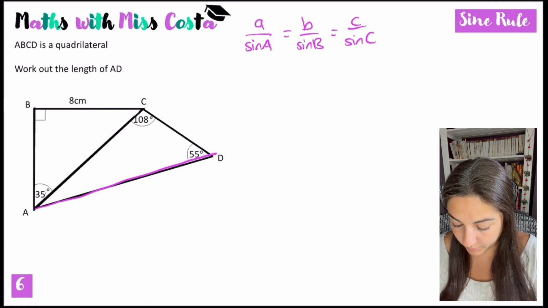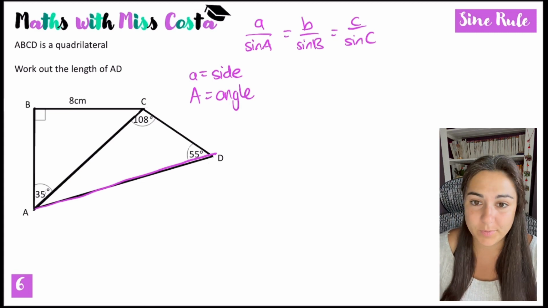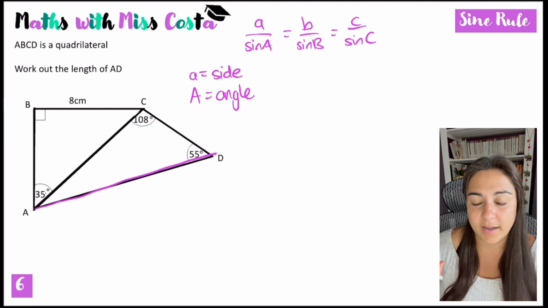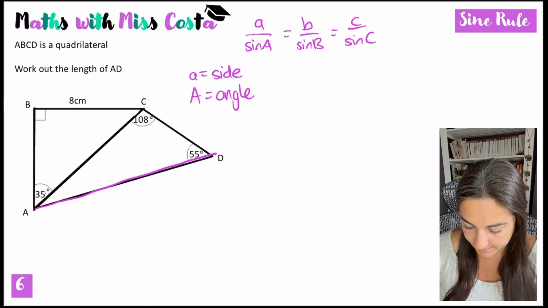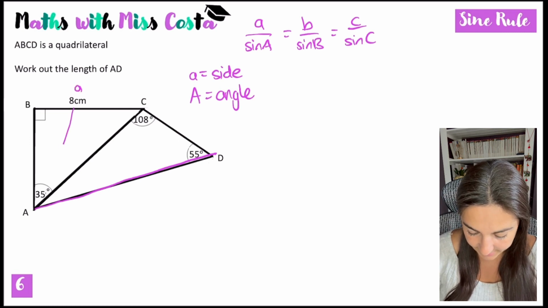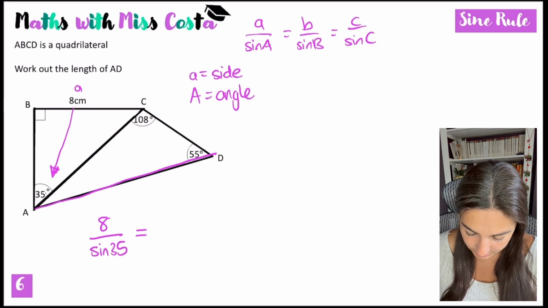When you're dealing with the sine rule, the little letters are a side and the big letters represent an angle. Another thing that people always do wrong is they don't label their triangle. I know the triangle is labeled ABCD, but it is up to you. You can rename it, and always rename it so that it makes sense to what you're trying to do. So in this case, I've got the side a here is 8 centimetres and the angle opposite it here is A. So in this case, it works. So 8 over sine 35 is equivalent to,